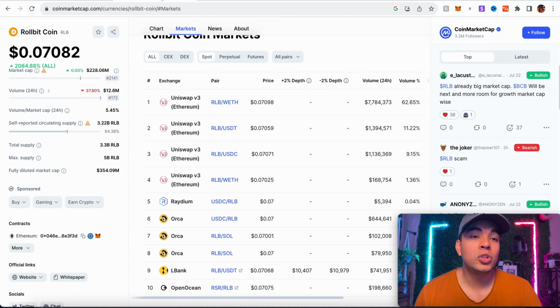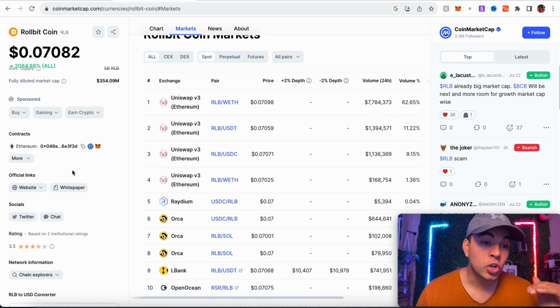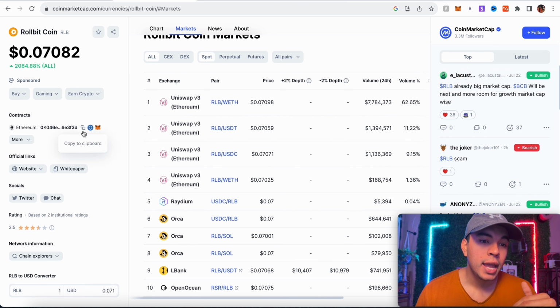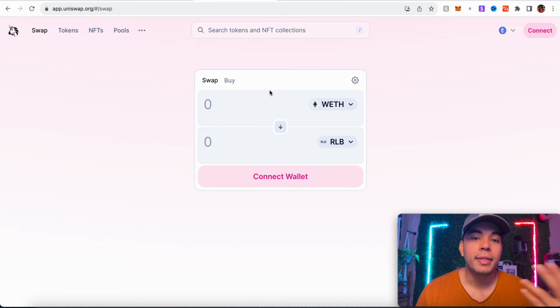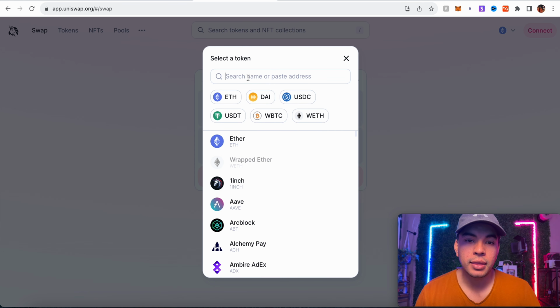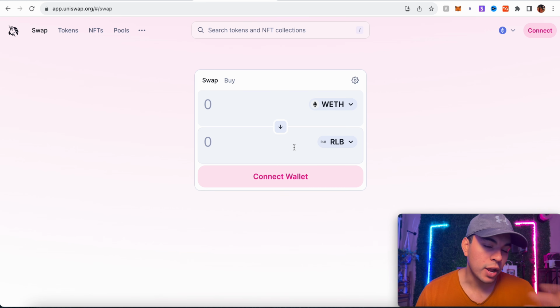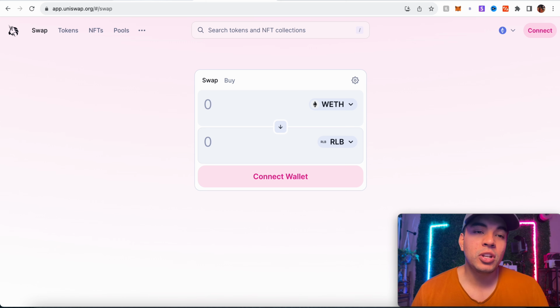But another way to also confirm whether that's the right contract is by heading on back over to CoinMarketCap onto Rollbit's page and simply copying this Ethereum contract over and then just pasting that into the little address bar here. And once you enter that in, eventually you will just be prompted with this right here. You can just tap on that if you want to, or just exit out, and it should be right there. So that's how you are able to trade Rollbit, especially if you're wanting to go through that DEX route,